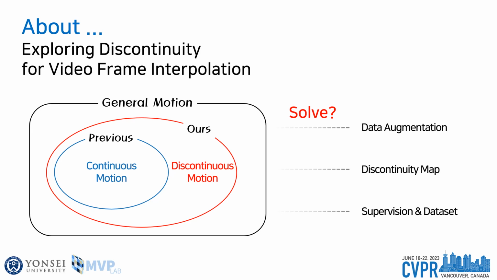Therefore, we propose three techniques that can make the existing deep learning-based VFI architectures robust to this element. First is a novel data augmentation strategy called figure text stitching, which can make the models learn discontinuous motion during